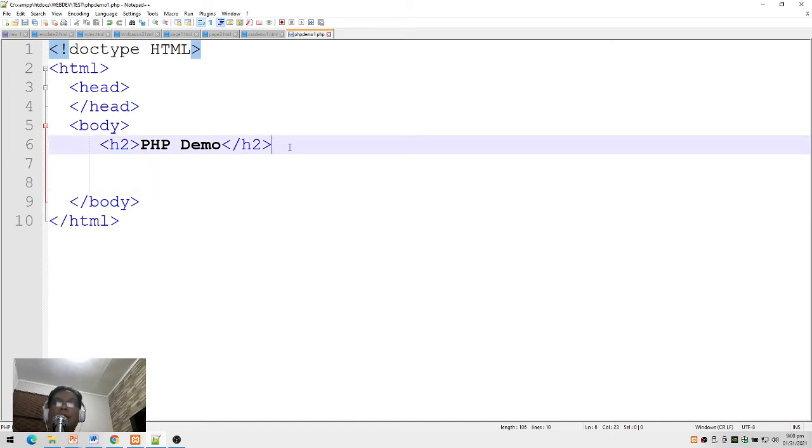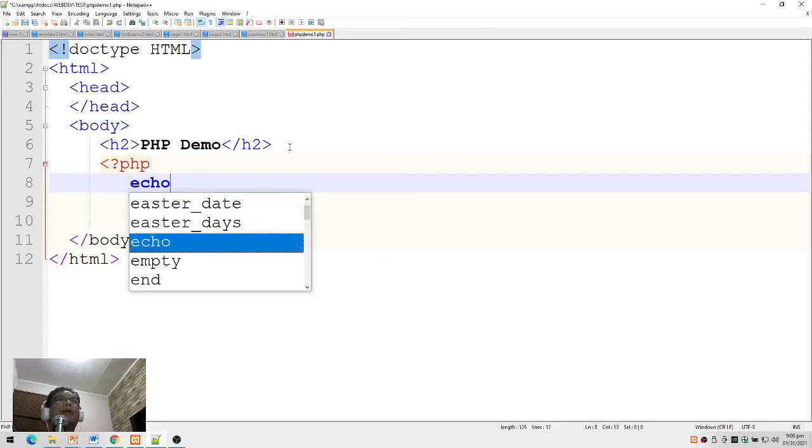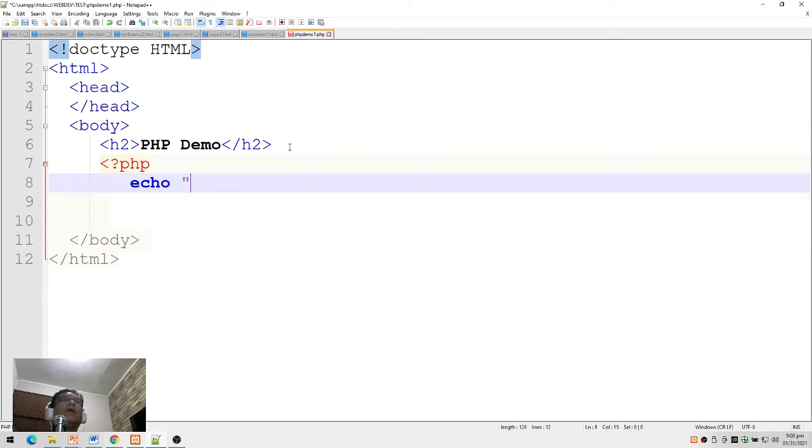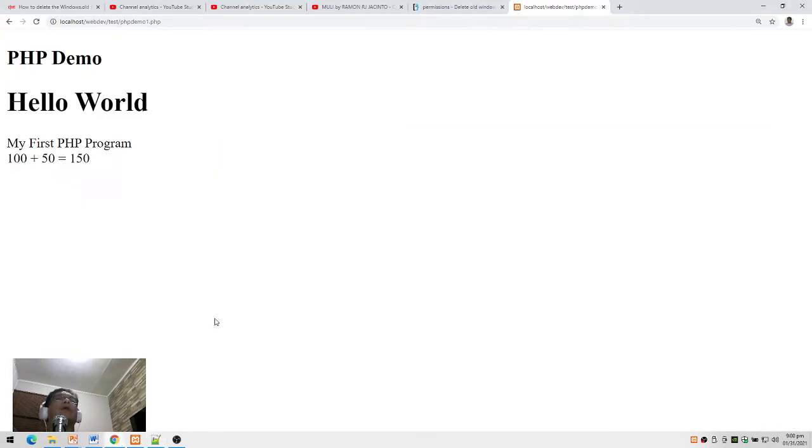So how do we insert a PHP code here? So again, we start with lesser than question mark PHP, and then I can place here echo hello world. And then end with this. So that's an example of a PHP block, scripting block. So allow me to save. And then